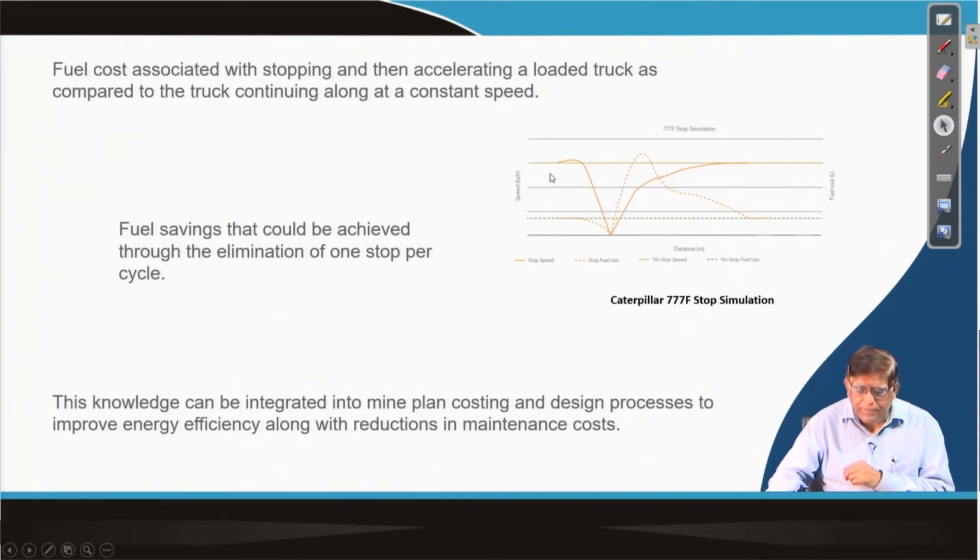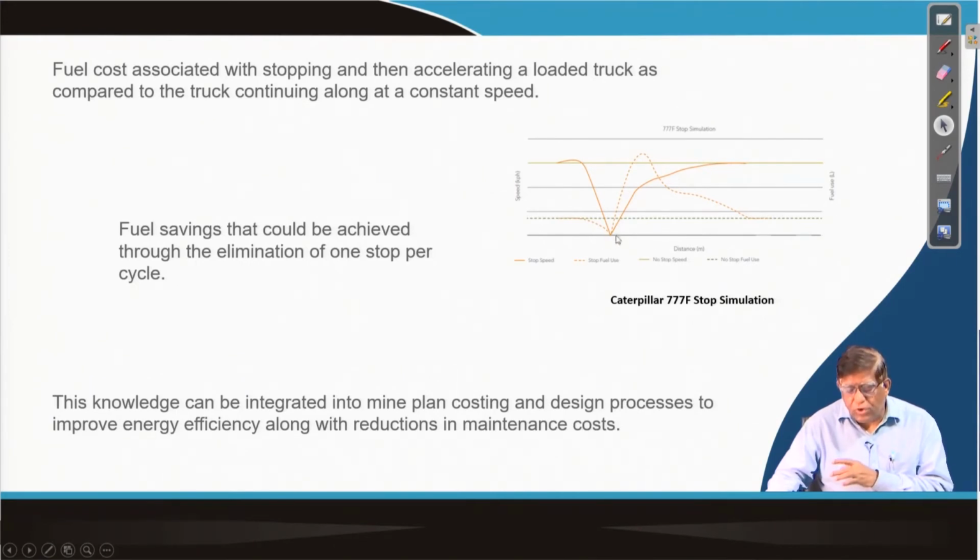So, for example, when the truck is running at a speed and then it is stopped over here, and then again it needs acceleration time and then it goes. Now, during this stopping and accelerating, you can see the fuel consumption which was going like that, as soon as it has stopped, the fuel consumption comes down here. Then when you are accelerating, at that time the fuel consumption is higher, and before it returns to normal, when it goes to the steady state, the fuel consumption comes back here.